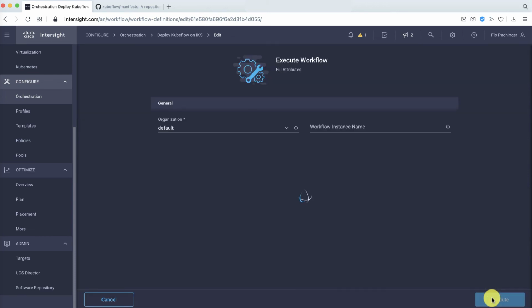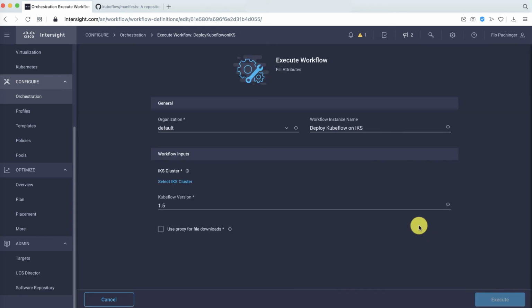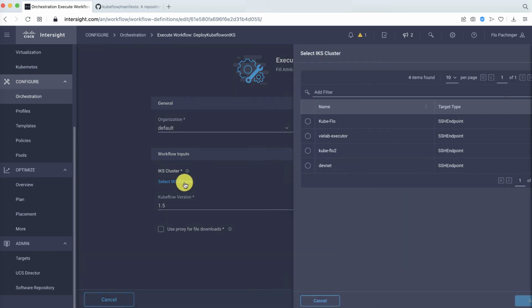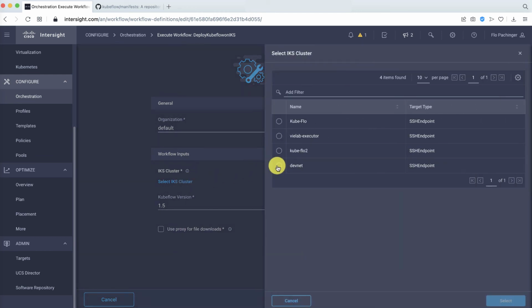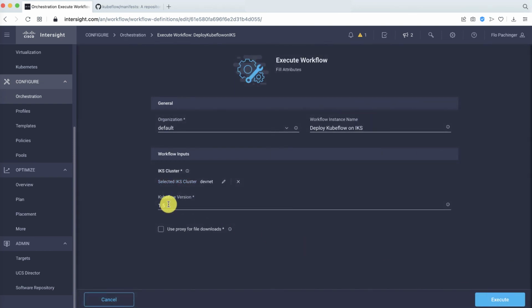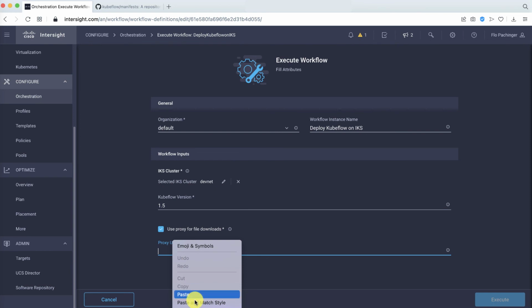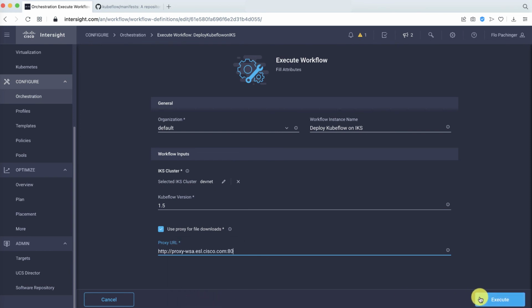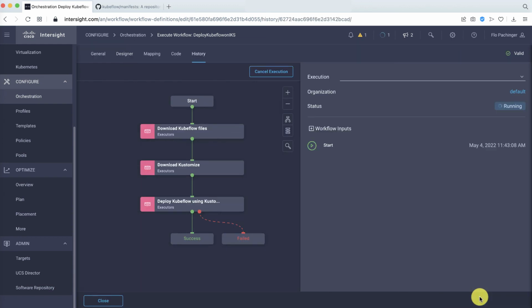So when we click on execute, what we will have to do is we will have to select our SSH target that we created, DevNet. Then we enter our Kubeflow version that we want to have installed on this cluster, for example, 1.5. And in case we're using a proxy, we can define that in here. So we can just provide the URL of our proxy that we are going to use for downloading all of those files. Okay, now let's go ahead and execute our workflow, which will start downloading the files and installing Kubeflow